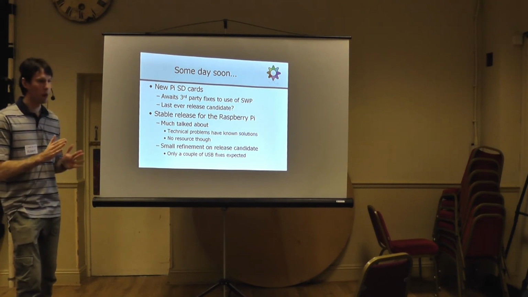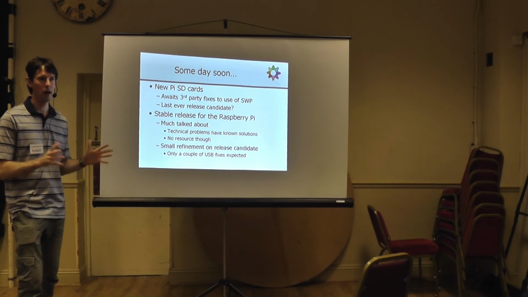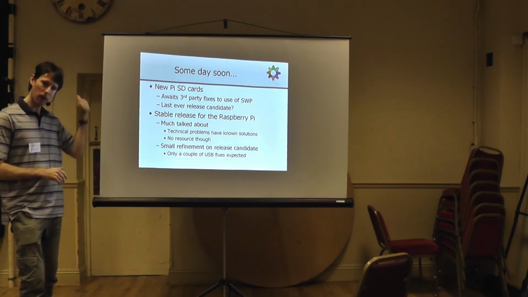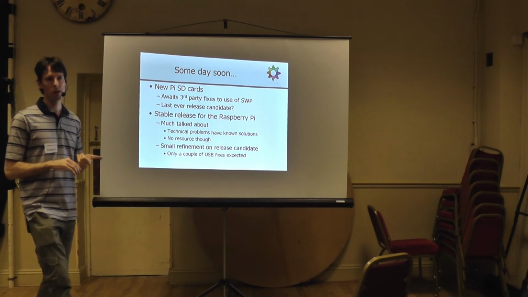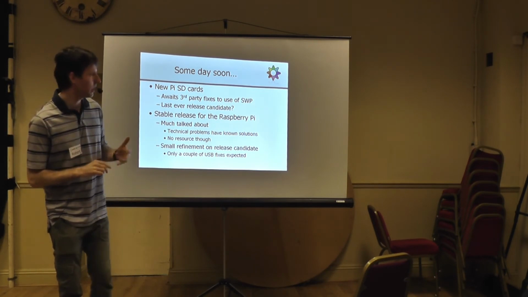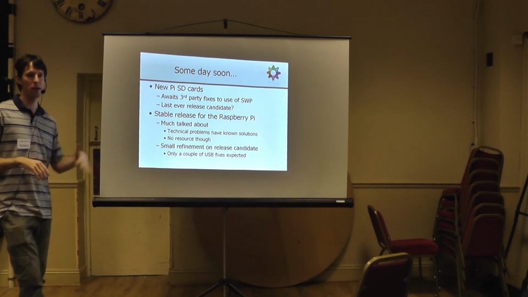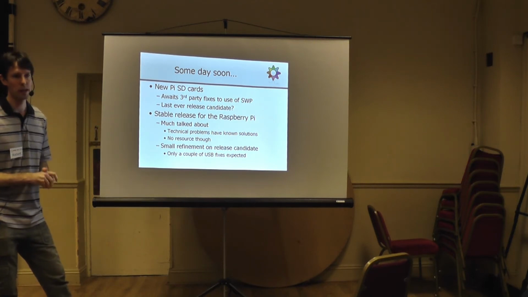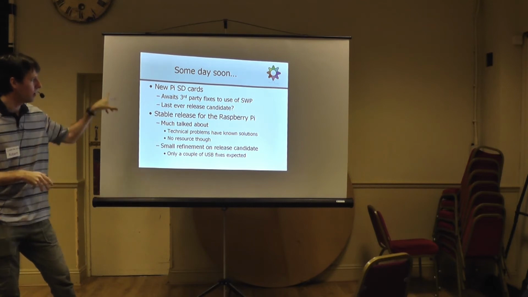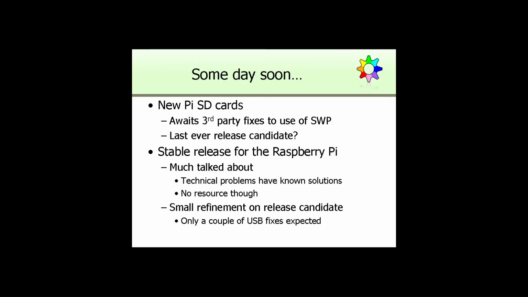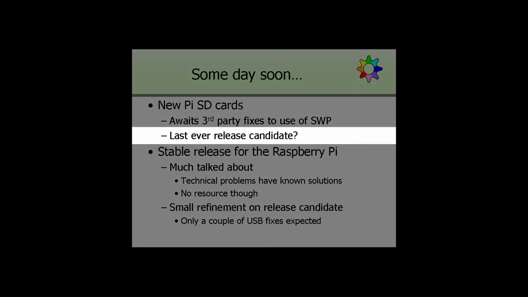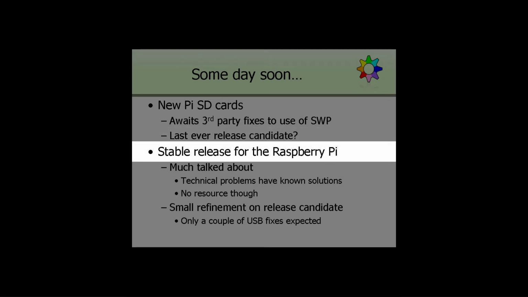As soon as we've got those three, we're ready to go for a new version of the Raspberry Pi, which will build on that work from the PICO. Almost everything that was done for the PICO a couple of slides earlier is the exact same software that will be used in that. So the PICO that we released in the last week or so is kind of a proving ground, or a test ground, for this new Pi update. And we're very much hoping, fatal last words, this is the last release candidate ever. So obviously RC14, there were 13 that preceded it. So hopefully this will be the last one,